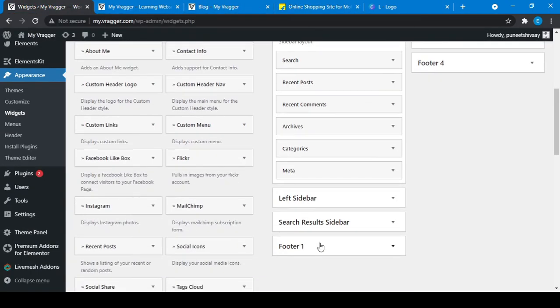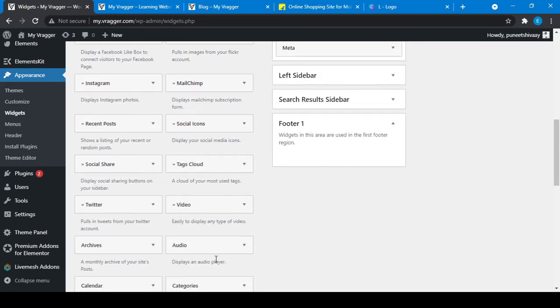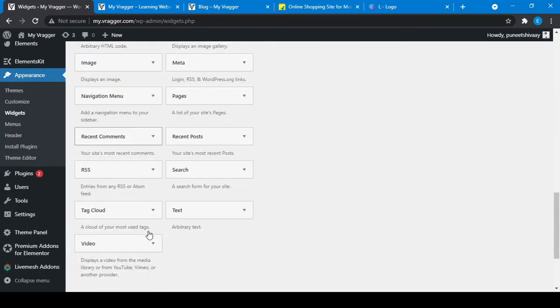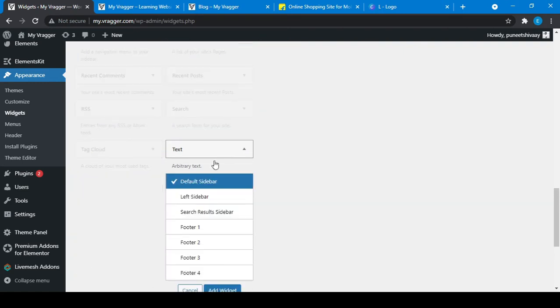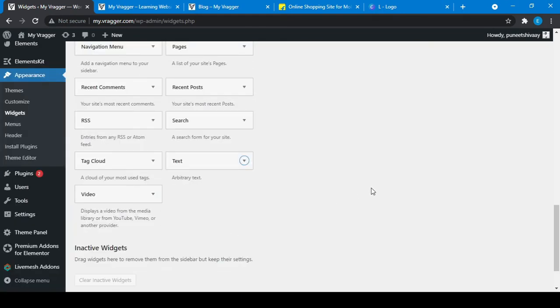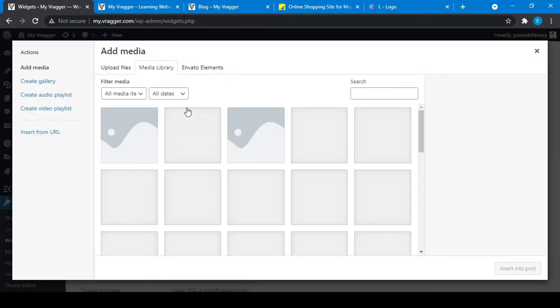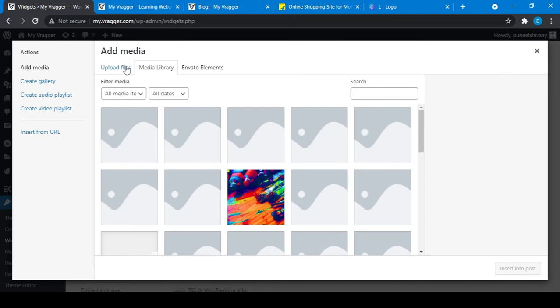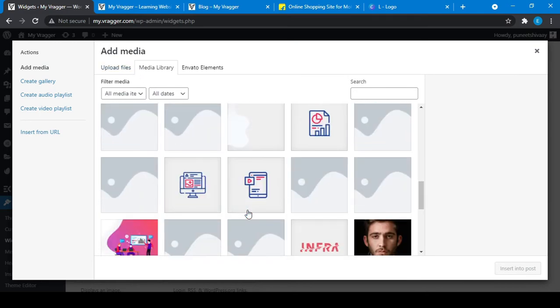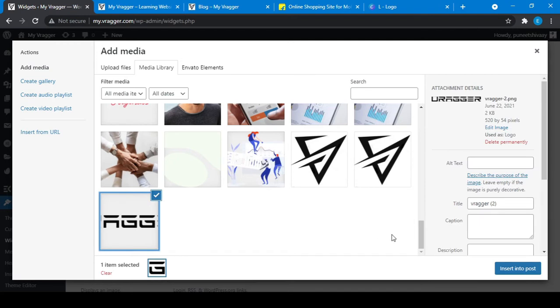In footer one, you can set some text. So I will choose text from here and add it to footer one, add to widget. In footer one, I want a logo here and then some text. So I will choose add media, library. Where is my logo? Something like this.